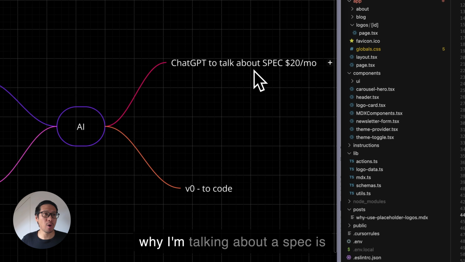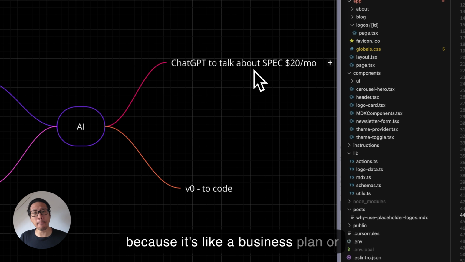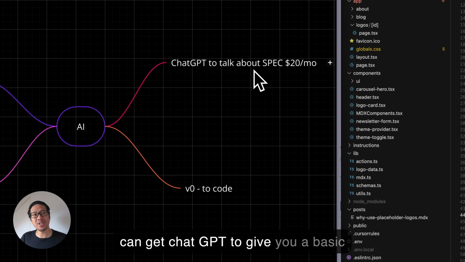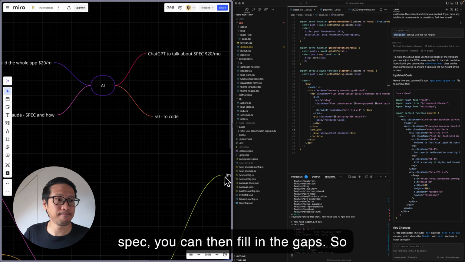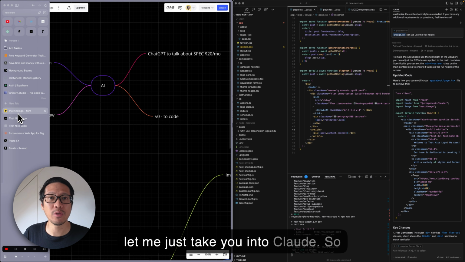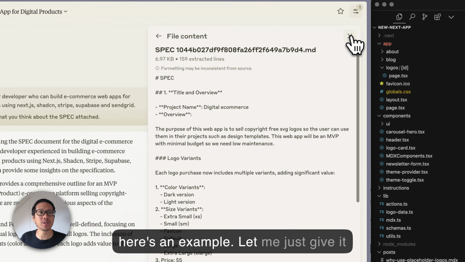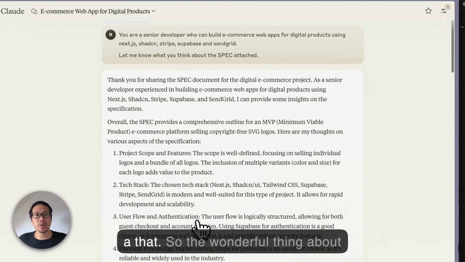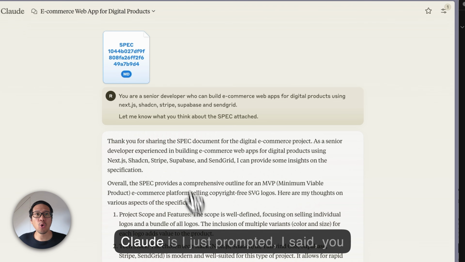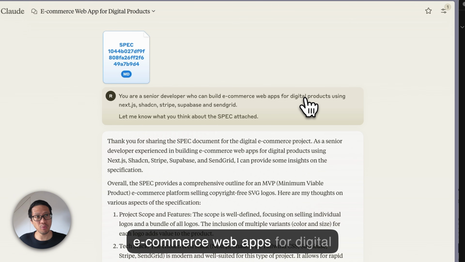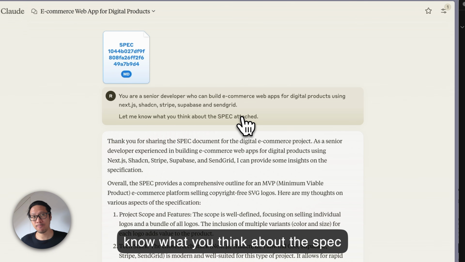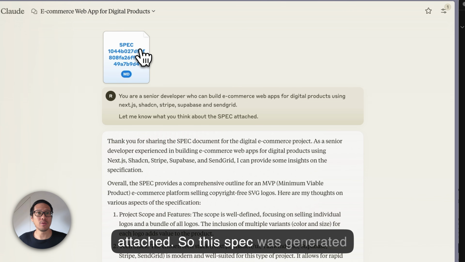However, the reason why I'm talking about a spec is because it's like a business plan or blueprint for the web app. So if you can get ChatGPT to give you a basic spec, you can then fill in the gaps. So let me just take you into Claude. So here's an example. The wonderful thing about Claude is I just prompted, I said, you are a senior developer who can build e-commerce web apps for digital products using the stack. Let me know what you think about the spec attached. So this spec was generated by